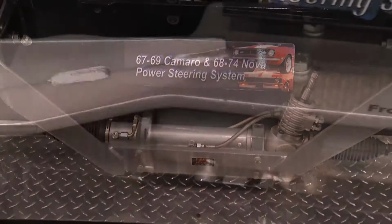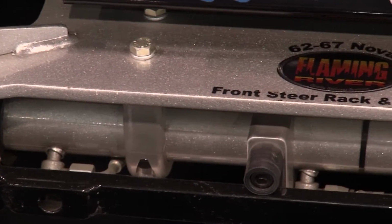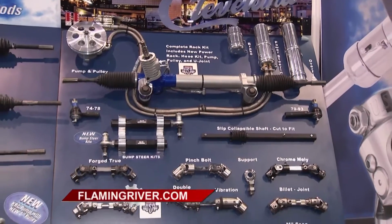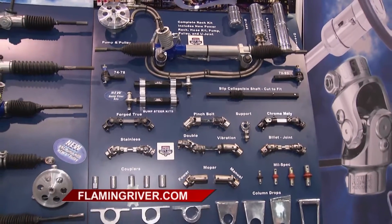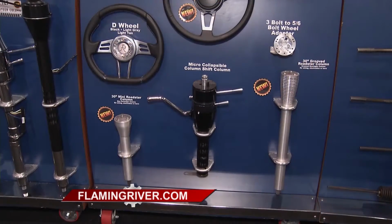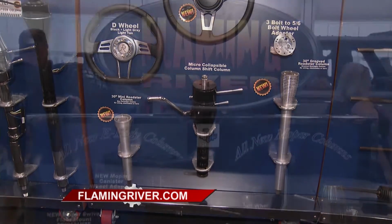The kits come complete, so you're getting the rack, the mounting cradle, the U-joints, the shafting, all the nuts and bolts, and we also include a steering column in that kit as well. We can do custom columns, powder-coated columns, polished stainless steering columns, or you can paint the column